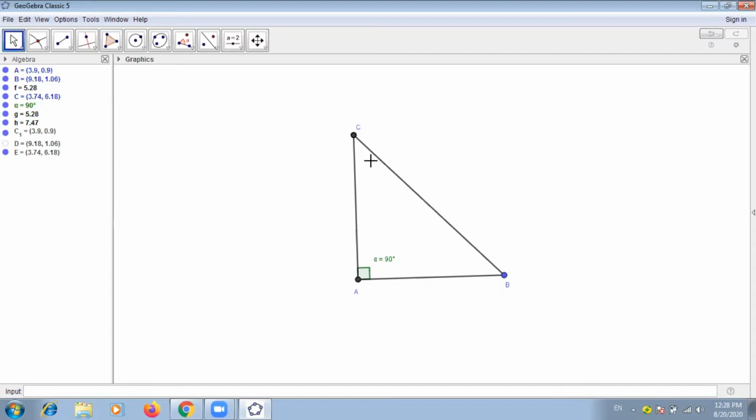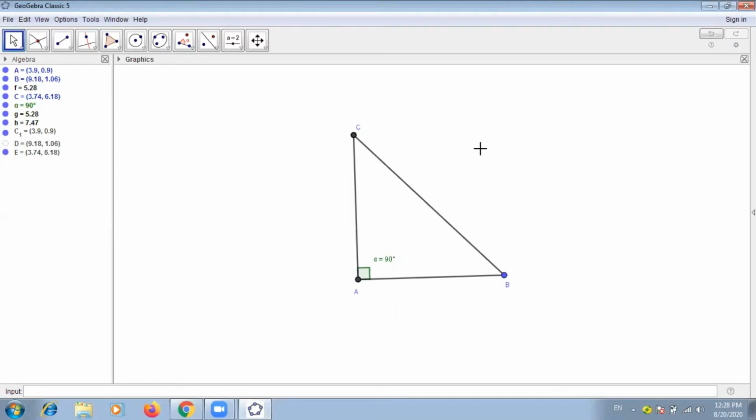So I draw one of the triangles in which angle A equals 90 degrees, and we have three vertices A, B, C. A triangle has three sides, we already know that, and three angles, and one of the angles is 90 degrees. That's why we are calling it a right angle triangle.